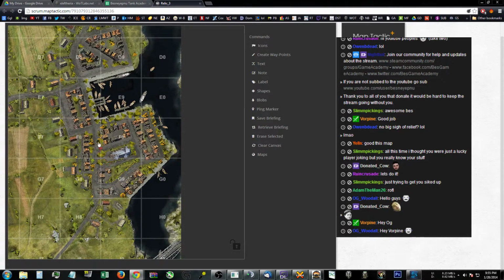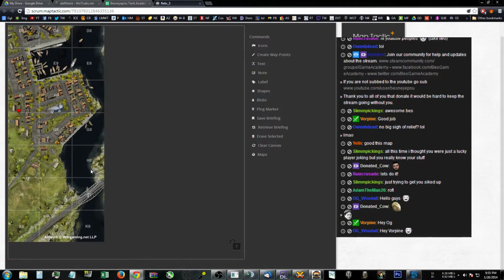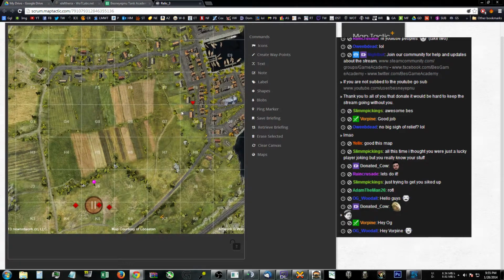If you're in a more heavily armored TD, it might be more beneficial to push up one of these sides, depending on what's over here or up here itself. So it all comes with what your team is doing and what their team is doing. But either way, having TDs in the city is pretty important. Alright,